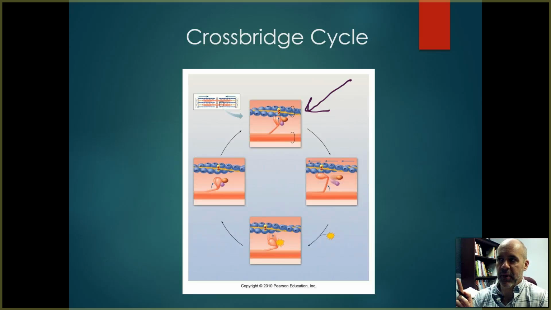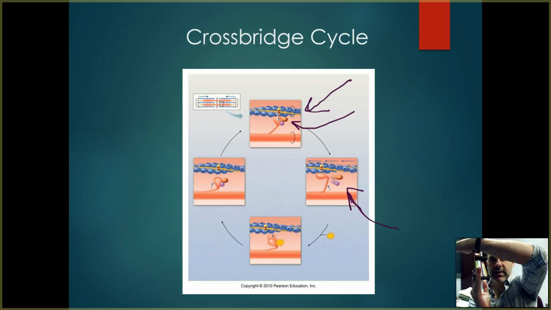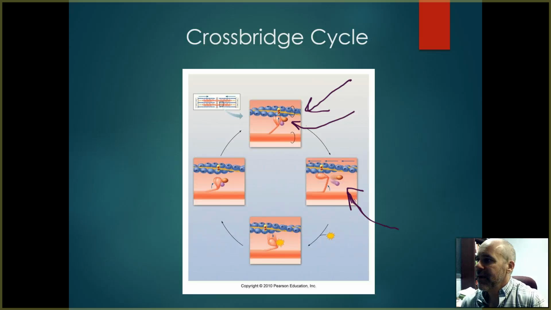All right, and the other thing that's important here is ATP. So these two little things there that look like eggs, those represent ADP and phosphate. They've already been split apart since we're starting at this point of the cross-bridge cycle. Notice they come off right there, and the myosin head does its power stroke. It goes like this. And that's what's causing the actual contraction to take place as this cross-bridge cycle occurs over